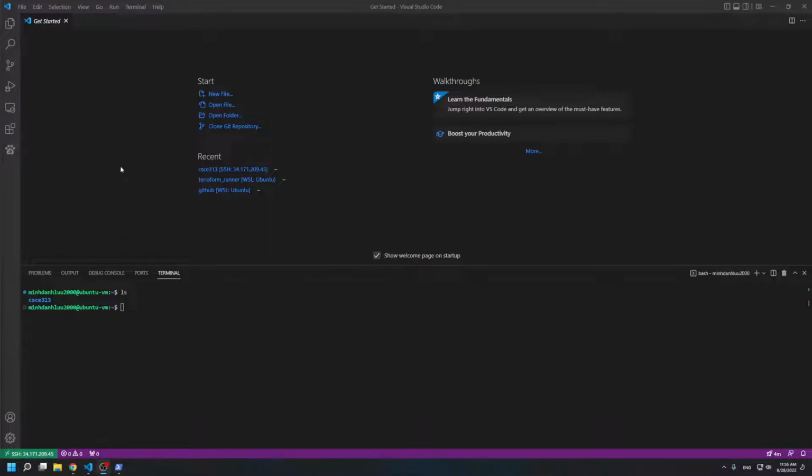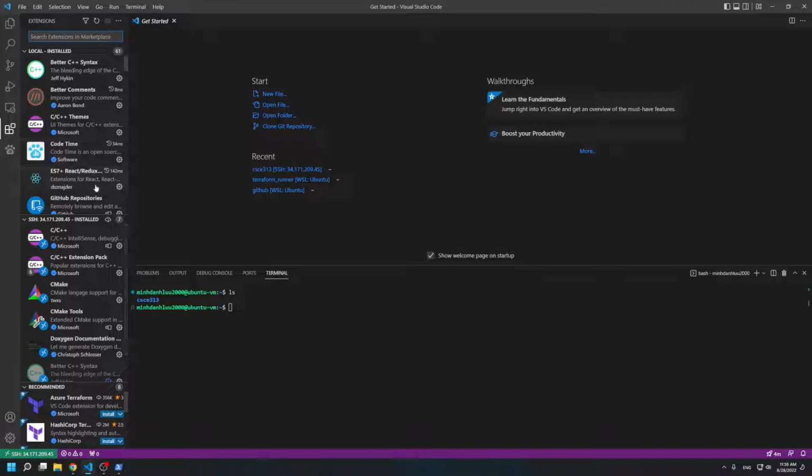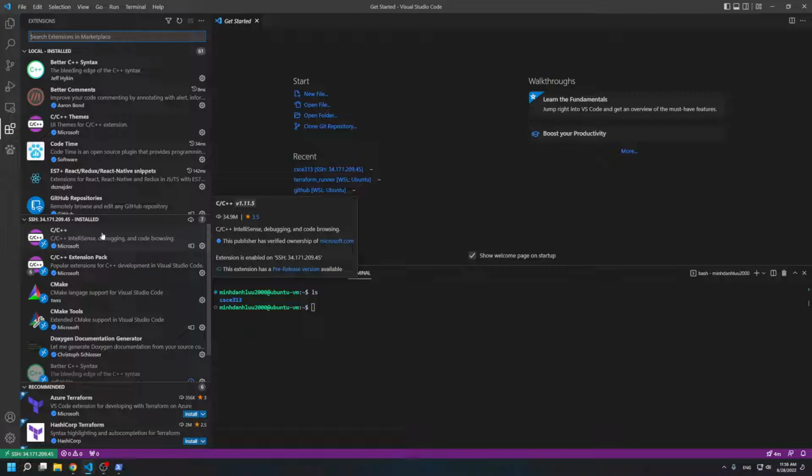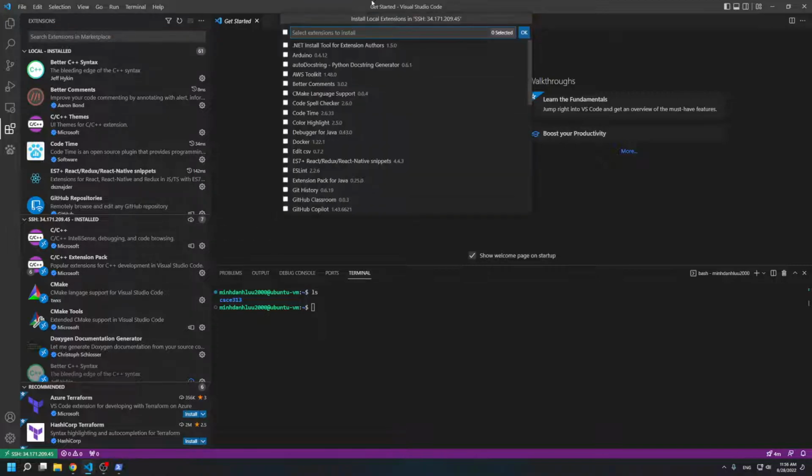But you can go to extension. Let me go to extension. This should have everything you have ever installed, all your extensions. That's how it makes VS Code so attractive. These extensions are very useful. So you will see that you have a local and then a remote, and then these are the installed stuff on that. And you want to make sure that you install things on the remote instance. So to install, you can click on this little cloud right here, and then you can search for the